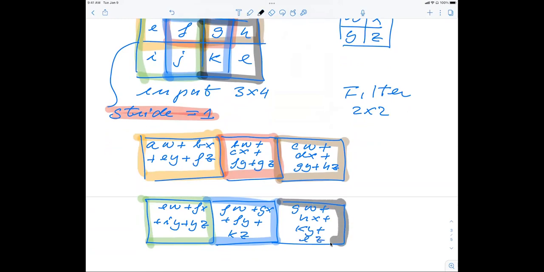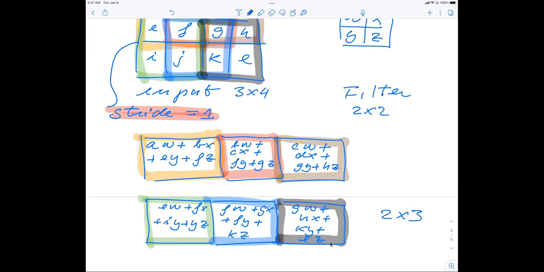And then we have the final one. So the final image which we have produced now is a 2 times 3 image. So this is a way by which we now have reduced this image to a smaller image. Now, when we run this kind of filtering here, what we can do is set up a simple recipe by which we can find out what the dimensionality is going to be when we do this stepwise